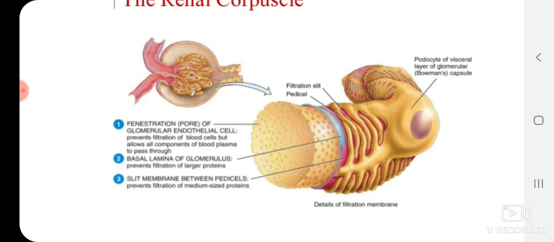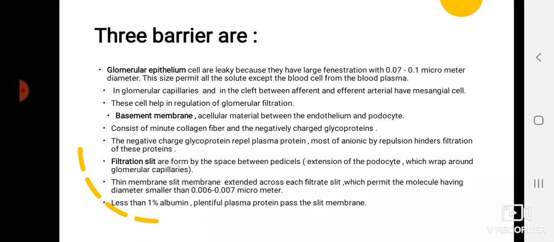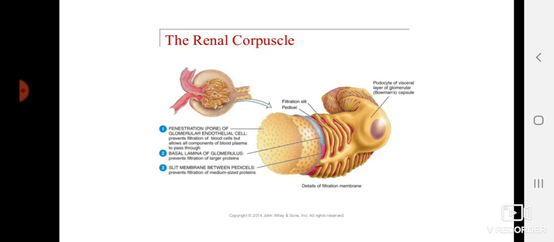So penetration prevents blood cells. The basal lamina of the glomerulus prevents the filtration of large proteins, and the slit membrane prevents the middle-size proteins, whose sizes we can also discuss, whose protein size is less than 0.006 to 0.007 micrometer. Those proteins enter